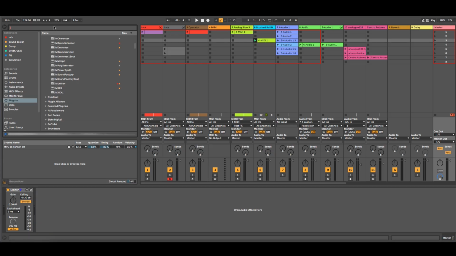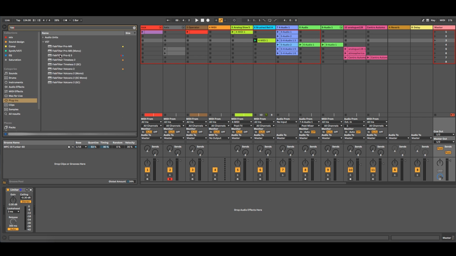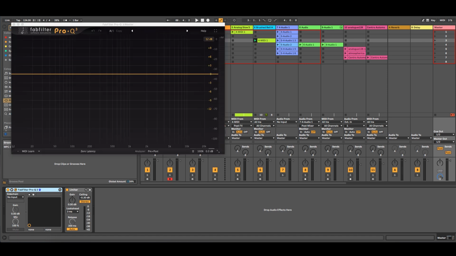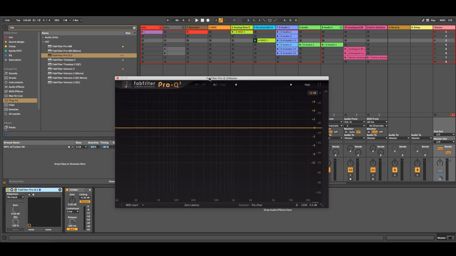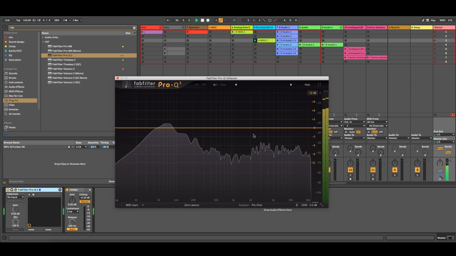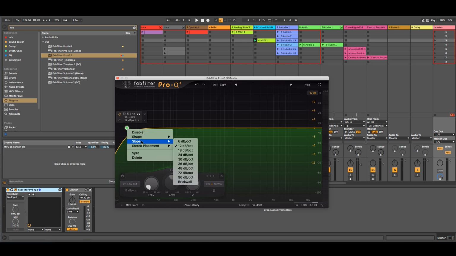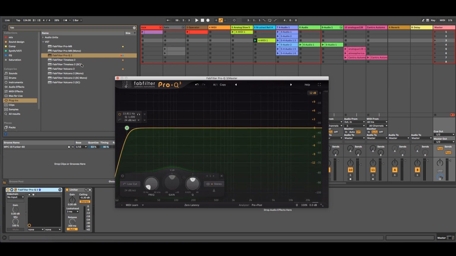Another thing that I want to have in here is FabFilter or an EQ, any EQ you like, but I really encourage you to get FabFilter 3. It's an amazing plugin, and any of the Pro Q is stellar in terms of quality. And why do I want it here is because I want to see what's happening. And I find the spectrometer from Live is not as precise as this.